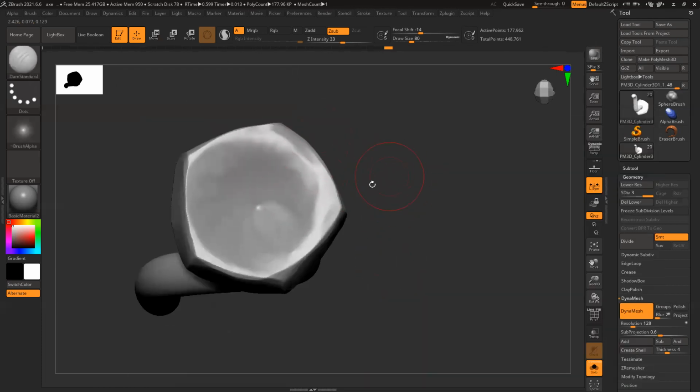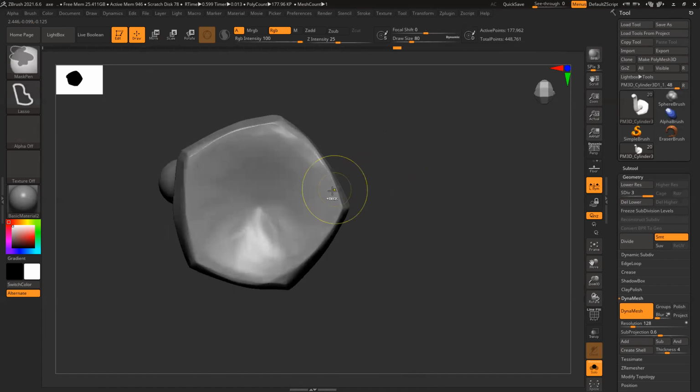Then there is a cross sign. No, it's not correct, not nice.